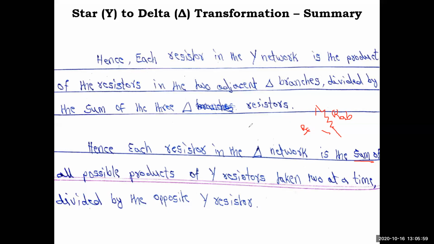So this is about the star to delta transformation concept and its derivation. I hope I have explained it in whatever manner was possible. Go through it, write it down, and practice it two times. In the next class we will solve problems, so then you will understand it more clearly.